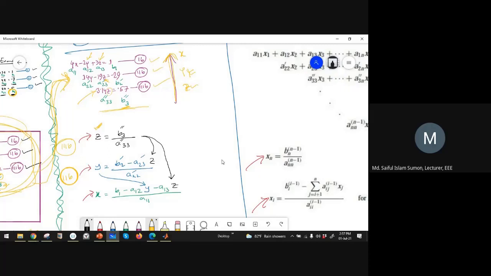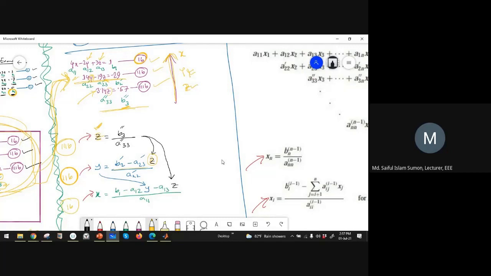Y is equal to, if you simplify this one, if you just separate y from this equation, then you will be getting something like this. Okay, and you can put the value of z, sorry, z. So if I put the value of z from here, then I know the value of y also. Okay, now from equation number 1b,